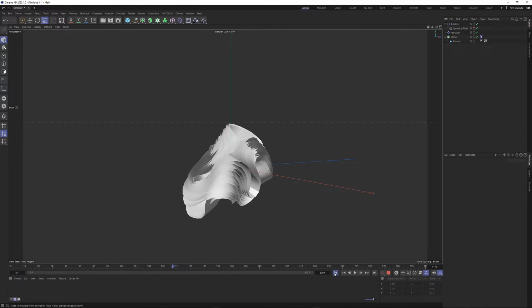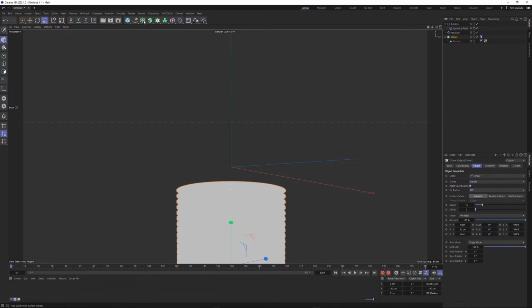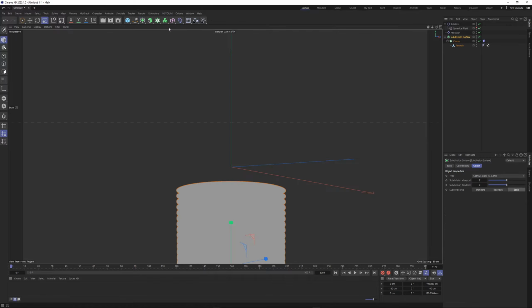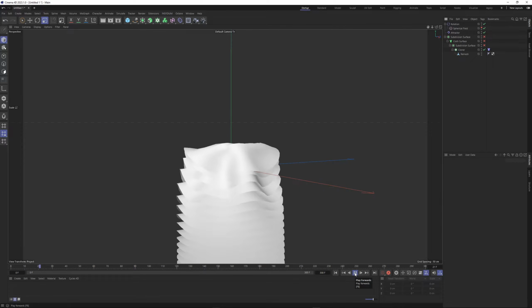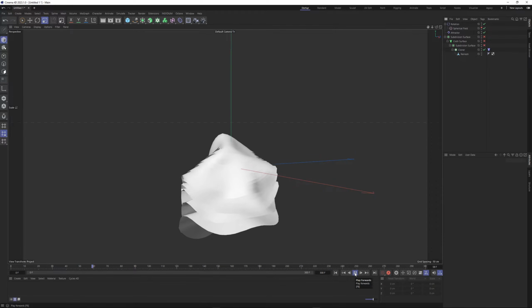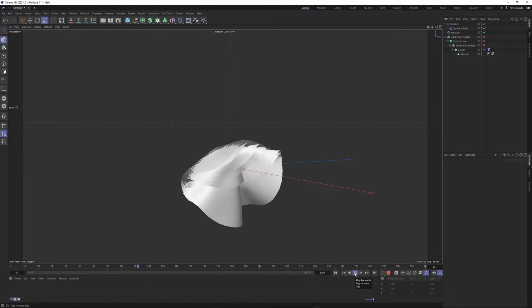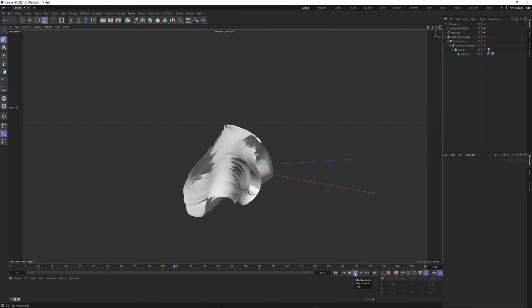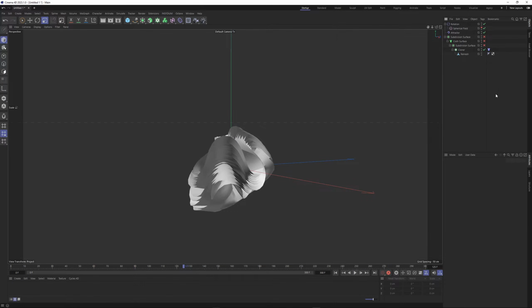So if I come back to the beginning and I go to the cloner, holding Alt, I drop in a subdivision surface, bring that down to 1, and then holding Alt, I drop in a cloth surface. I set this to 0.5, and then holding Alt, I drop in another subdivision surface. I set these both to 1. I'm going to turn them all off. I'm going to play that again. Hoping it looks the same, and it does. Now if I turn these on,